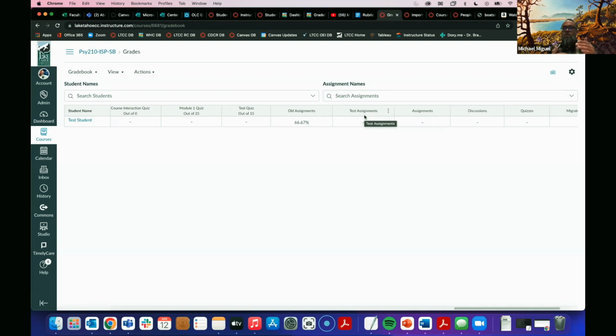So students can see where they're failing, where they're excelling, and faculty can also see where they might want to reach out to a student that's getting 100% in one group, but they're getting 40% in another group. Reach out, hey, what's going on here? What can I do to help you move this along a little bit? So that was making assignment groups.